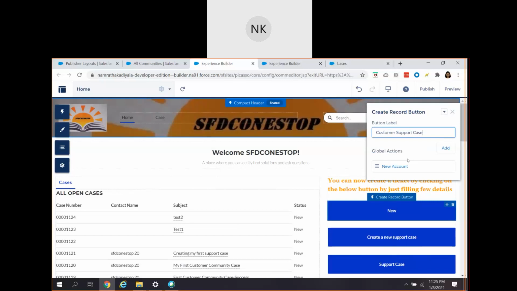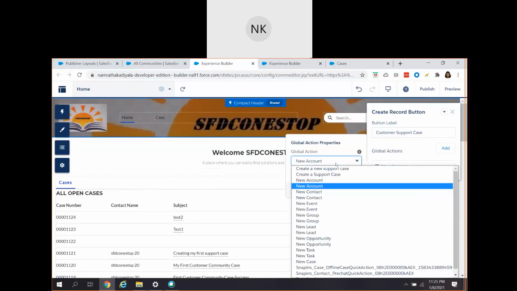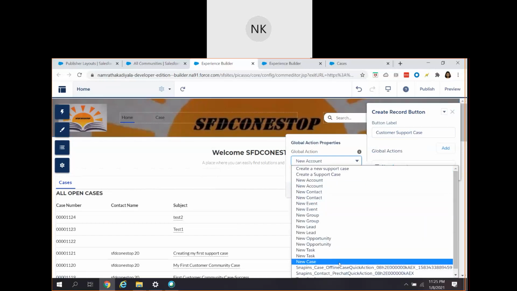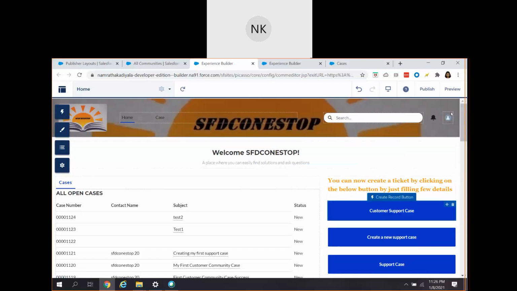Now under Global Actions, click on the global action, and here you see New Case. This is the global action that I have created, and you can easily view it from the global action drop down. Click on this, and click on save. I'm selecting publicly available and clicking on save, and done. This is the button which I have created.